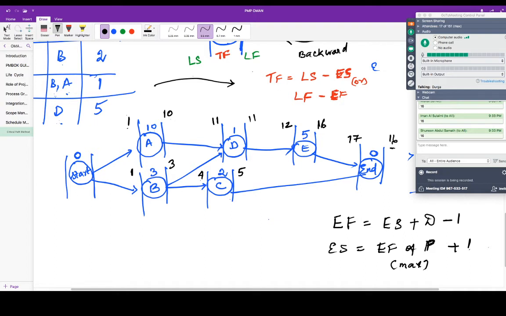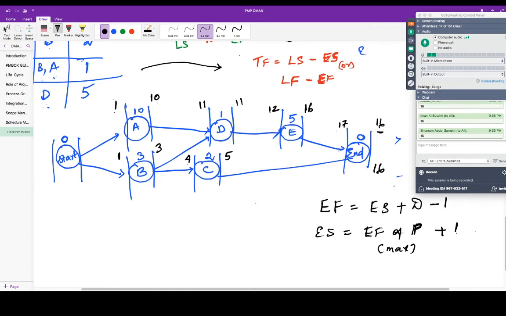Finally, you're getting 16 only, but it will look like it is starting on 17th and ending on 16th. So actually this should not be the case. Whichever is the longest, the largest duration, that will be the duration of the project. So this is just for the convenience of the calculation. Okay, so 16 plus 1, 17, using the same formula. 17 plus 0, 17. 17 minus 1, 16. So you will put this as the end.